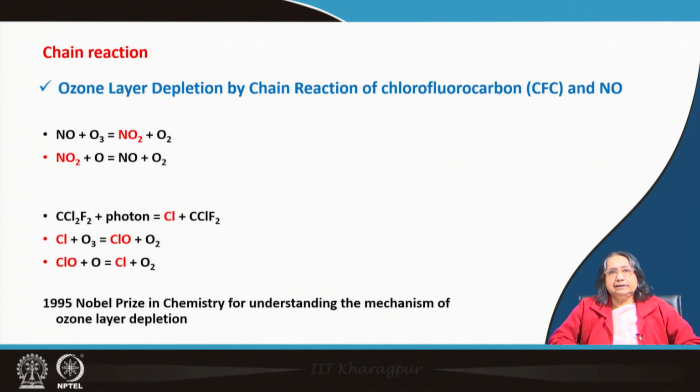Similarly, we also talk about photochemical smog formation. We know that in industrial areas brown haze is formed, which irritates our eyes and creates breathing problems. That is also a cyclic type of chain reaction, and it produces NO2, several types of nitrogen gases, NOx, and it is a very dangerous thing. So, there also if you go through photochemical smog formation, then you will see that these types of chain reactions are going on.